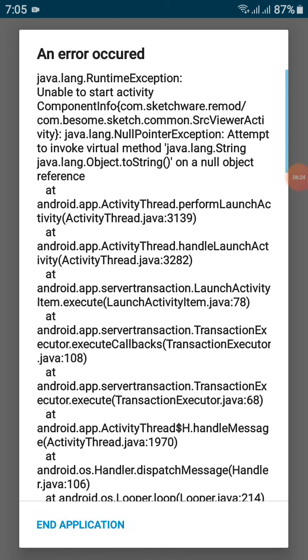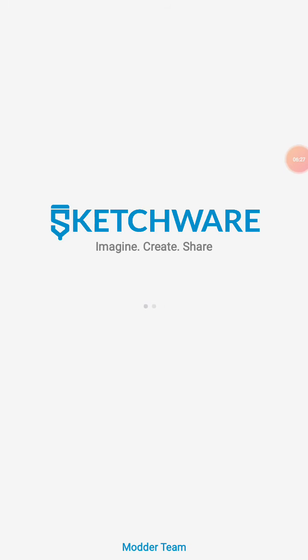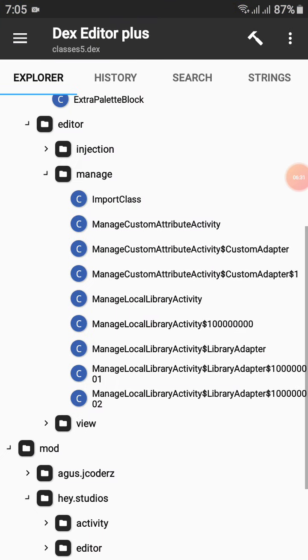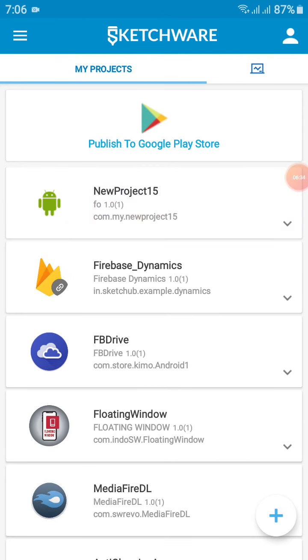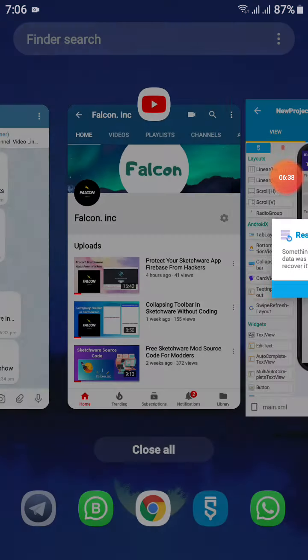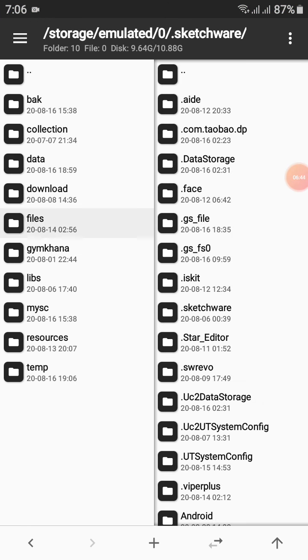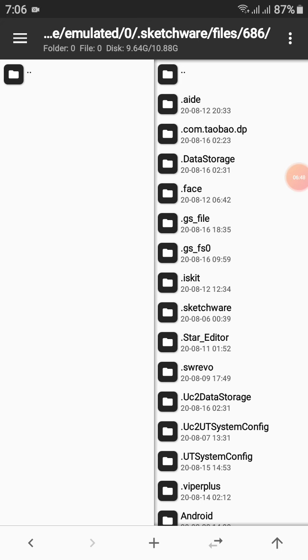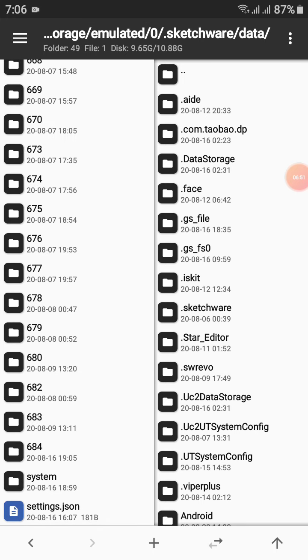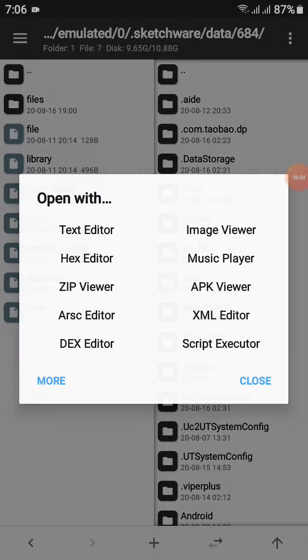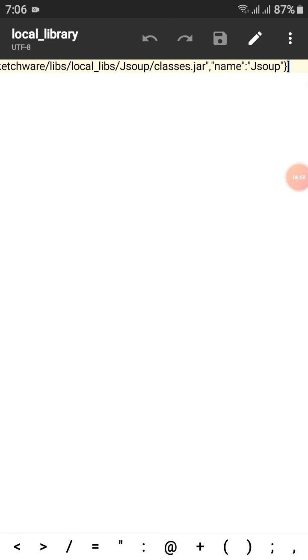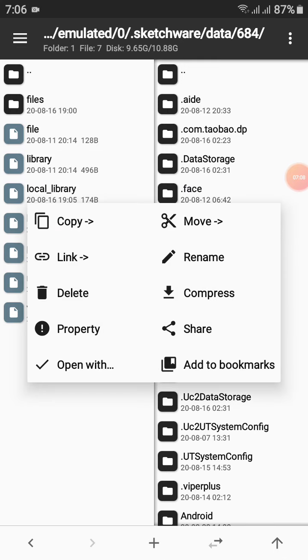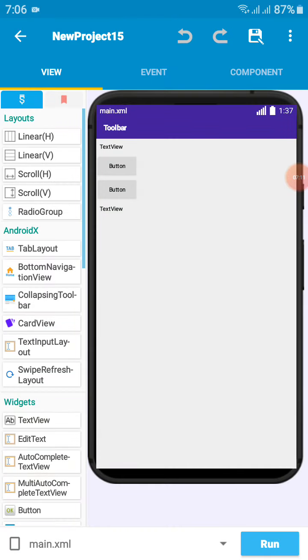I need to delete the file again, data local library, and you can see there is no package name here, so Sketchware crashed.